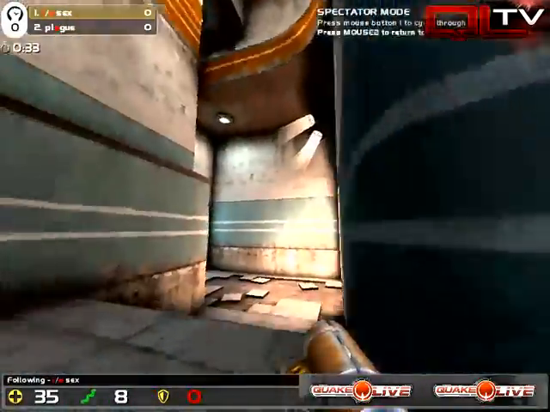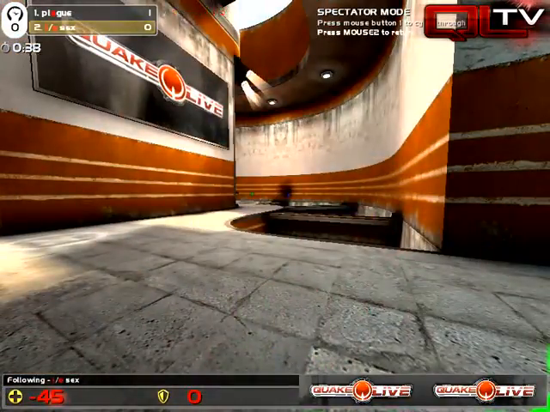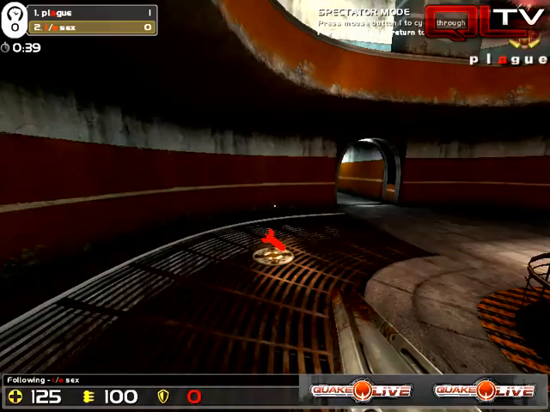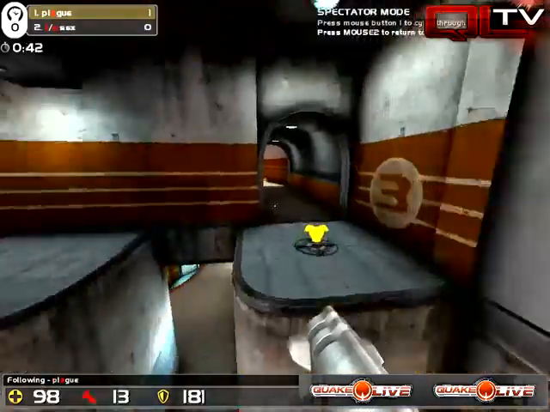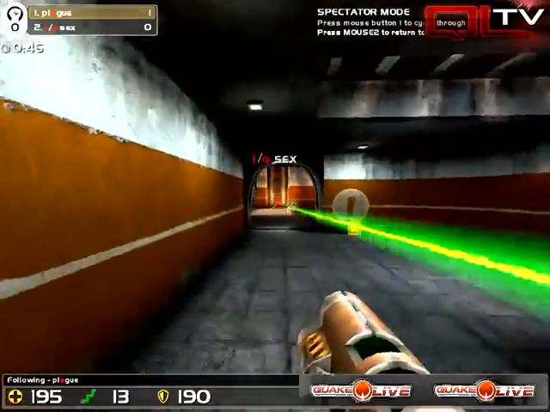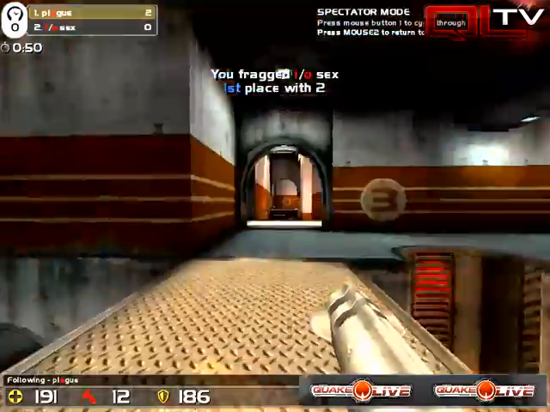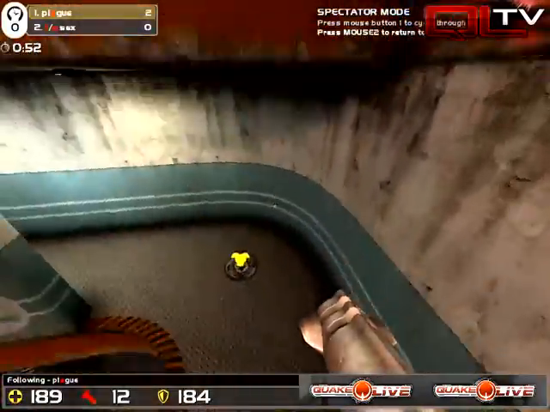Plague looking very sharp here with the rails. And Walter making a deadly mistake, going through that portal, getting himself lined up one more time for Plague's deadly railgun. And Plague now controlling the items. 200 stack. Walter's going to go down for the 2nd time. And so we're going to see if in this